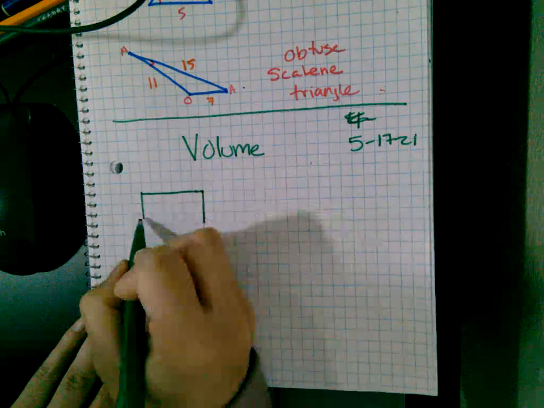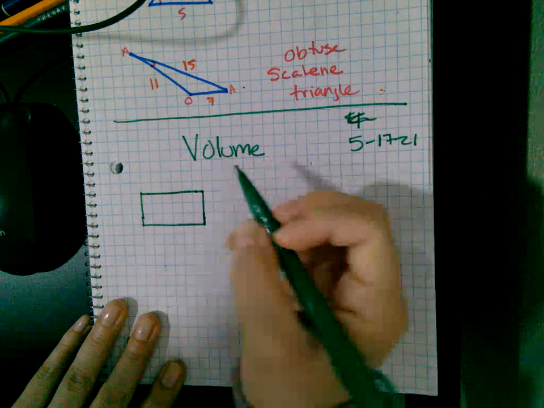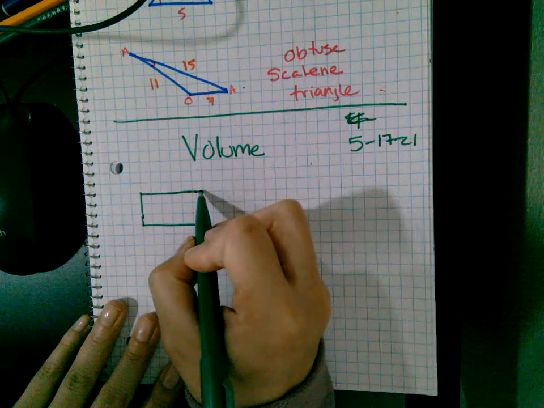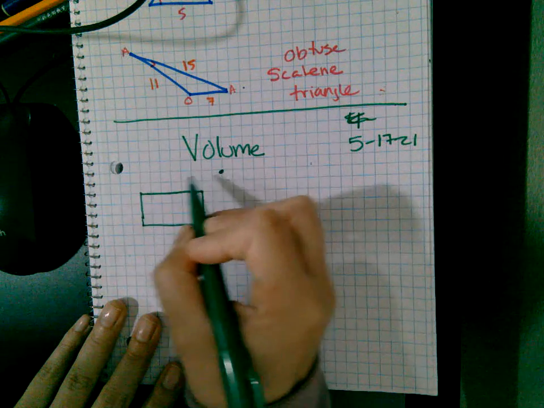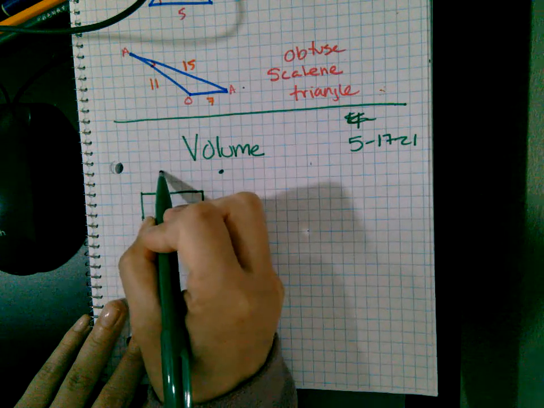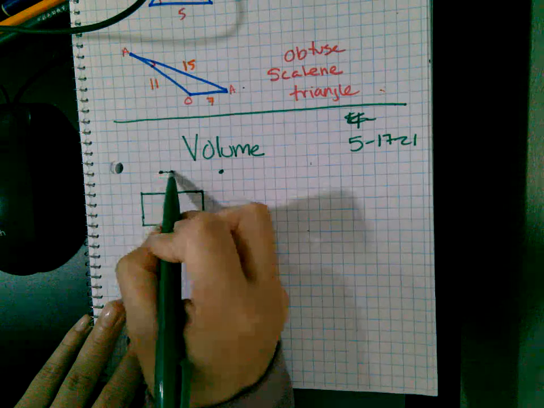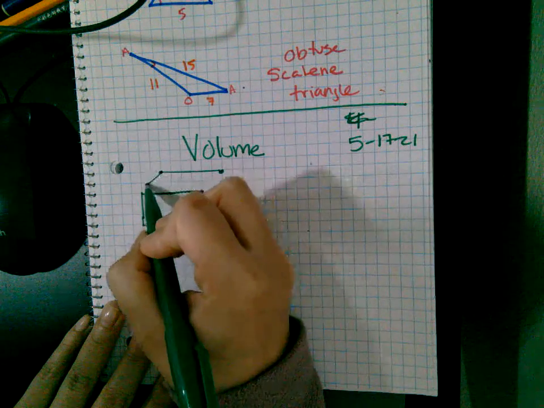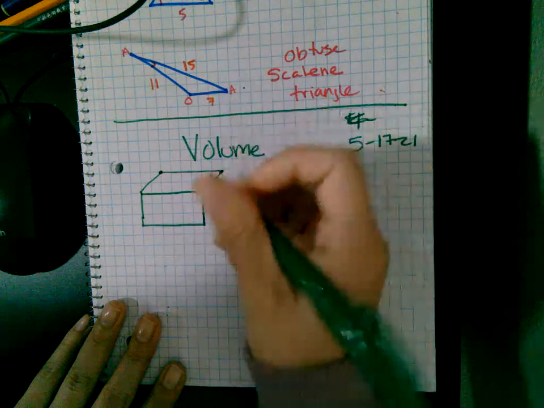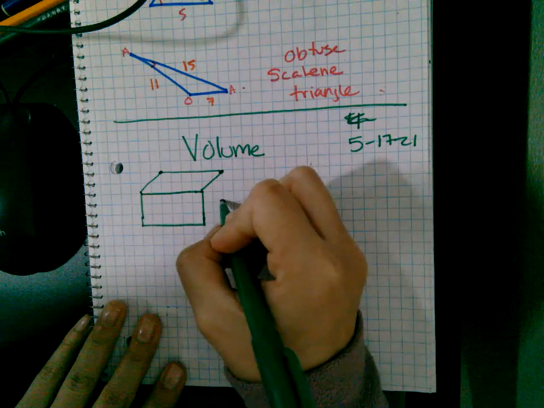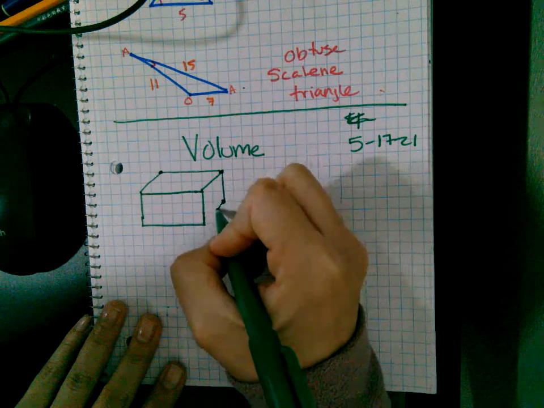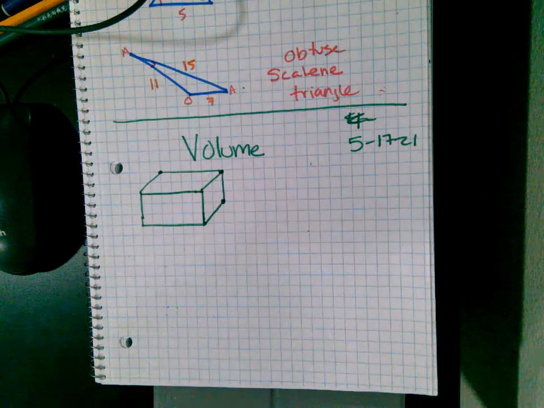So here's how you draw a 3D rectangle. It's right there. With a basic rectangle, then I go 2 over and 2 up, 2 over and 2 up. Then I connect these two, connect top, top. So that's how I